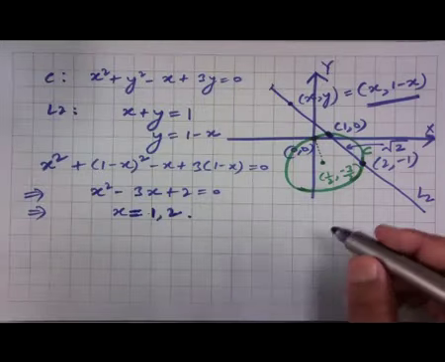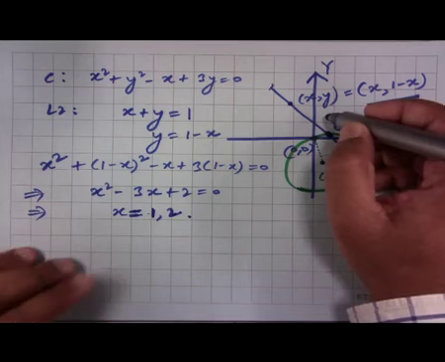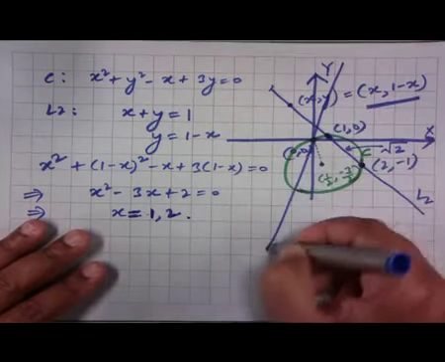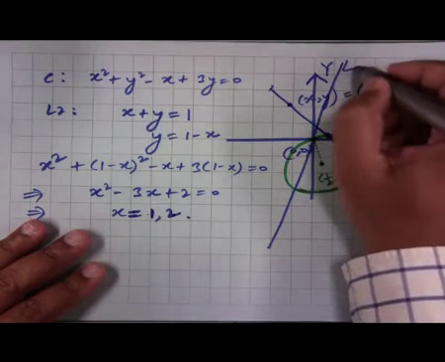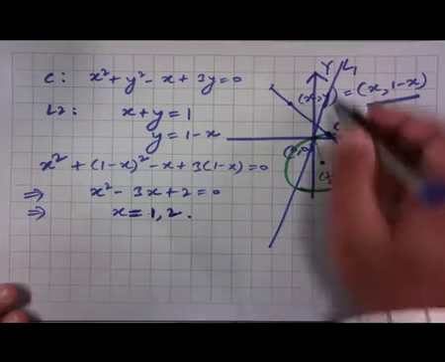So, it could be something like this. So, this is the other straight line L1 which passes through the origin,